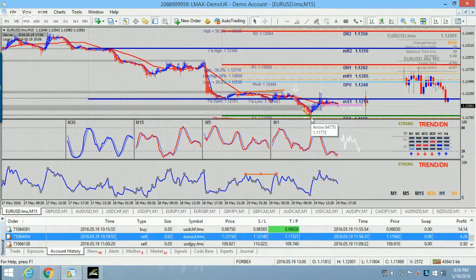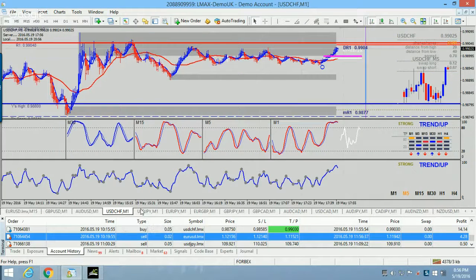And this is how you have to look at the market, and based on these principles you can take a really nice trade. Otherwise, on US dollar Swiss franc we had quite a similar trade,